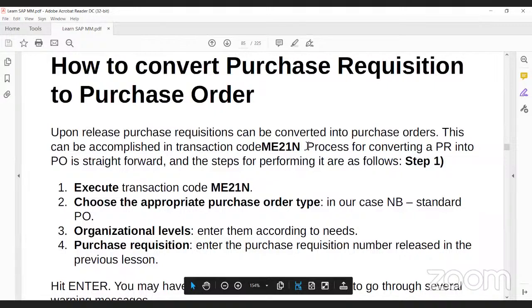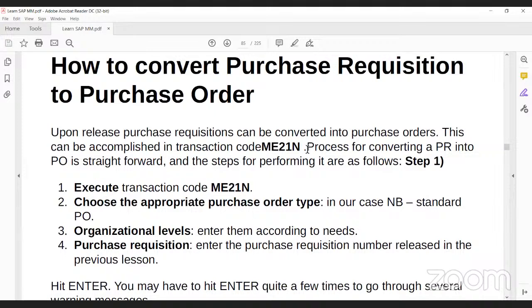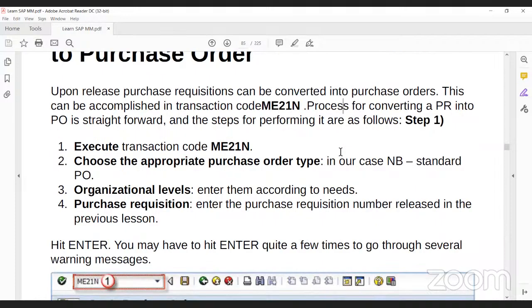So once the purchase requisition has been created, then the next process is how to convert the purchase requisition to a purchase order. This can be achieved from transaction code MB21N, which you will enter in the initial screen of the SAP. Once you enter this T code MB21N, there are the below steps which you have to follow to create